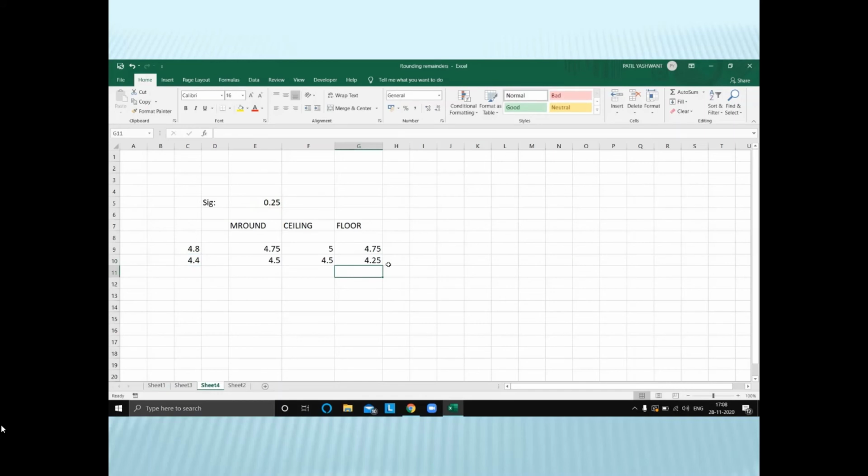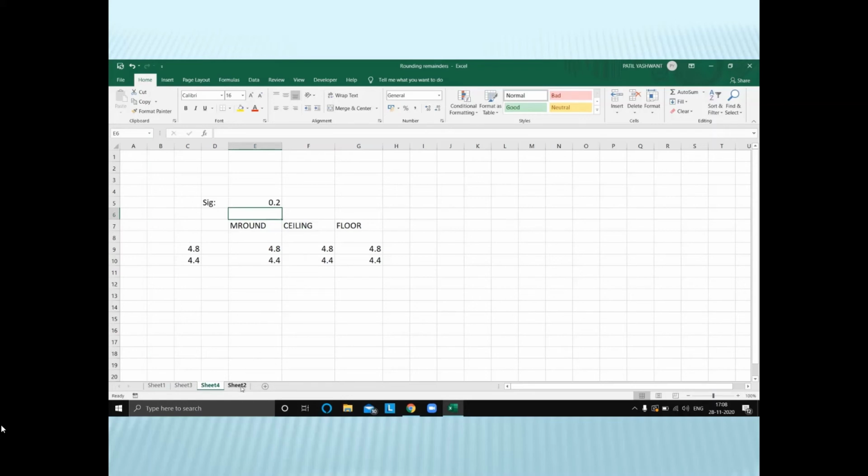So you get to see that I get the value 4.25 for floor of 4.4. Now if I change my significance level maybe to 0.2, you see that those formulas will adjust automatically and the numbers will change.